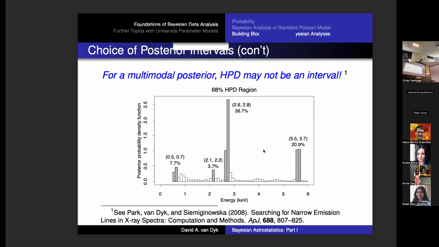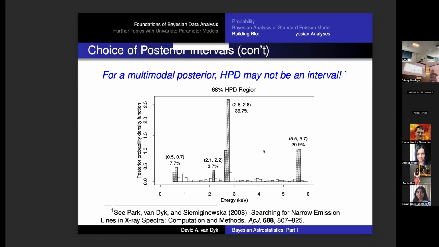Here's an HPD interval from a real science problem. This is the location of a spectral line. You have a Poisson spectrum, an X-ray spectrum. You have a nice power law, say, and you'll have different regions along there where there's Poisson variability, where there's a few extra counts here and there, just the ordinary Poisson variability. Anywhere you have a few extra counts in neighboring bins, well, that could be a line, maybe. And so when you do a proper Bayesian analysis, you start to get a posterior distribution that has all these modes. The line could be at 5.5 or 2.75 or 2.2, each with their own probability.